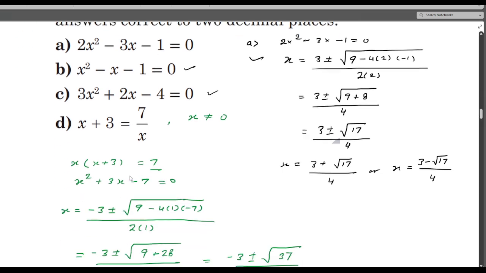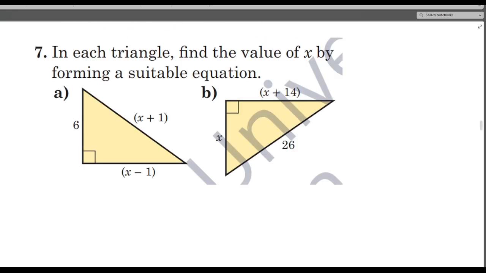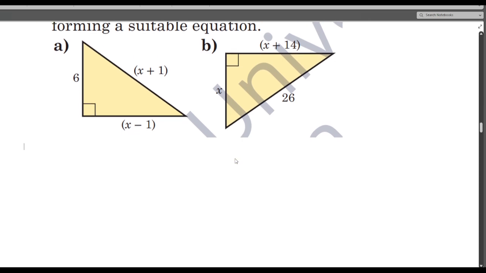So question number 7 over here is a little application of Pythagoras theorem. In each triangle, find the value of x by formulating a suitable equation. So as you can see, both the triangles are right angle triangles. So let us start with A. In this first problem,